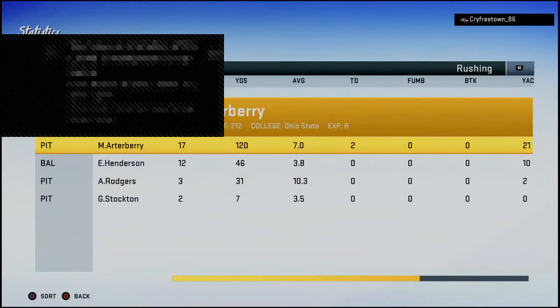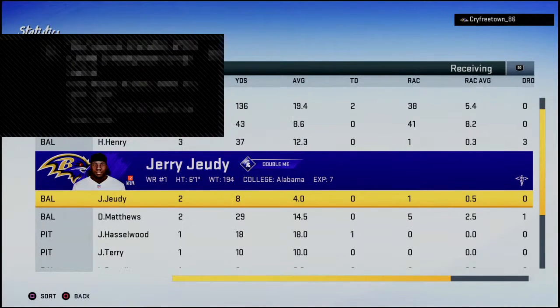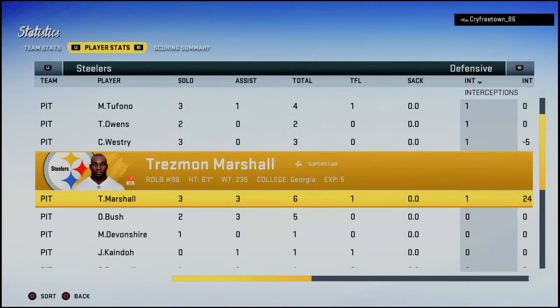So for Pittsburgh, 6-0 now through the first month and a half. And they'll get another road test next week as they head to Cleveland to take on the Browns. Meanwhile, for Baltimore, the loss will drop them to 4-2 on the year. And they'll be off to Oakland next week for a date with the Raiders. So for our entire crew, alongside Charles Davis,